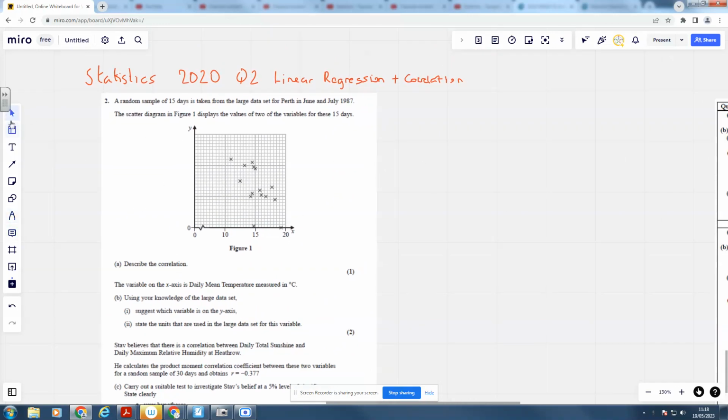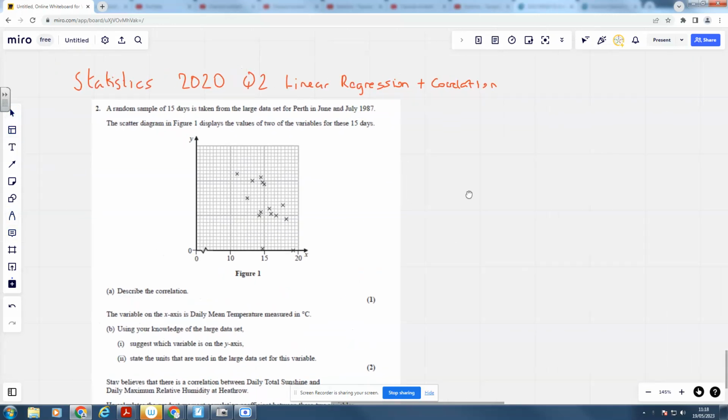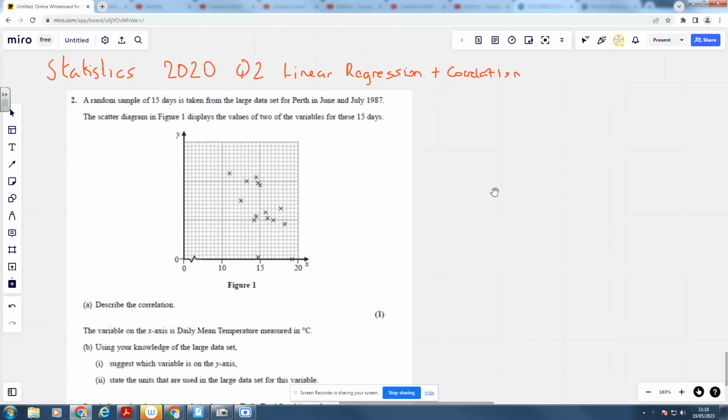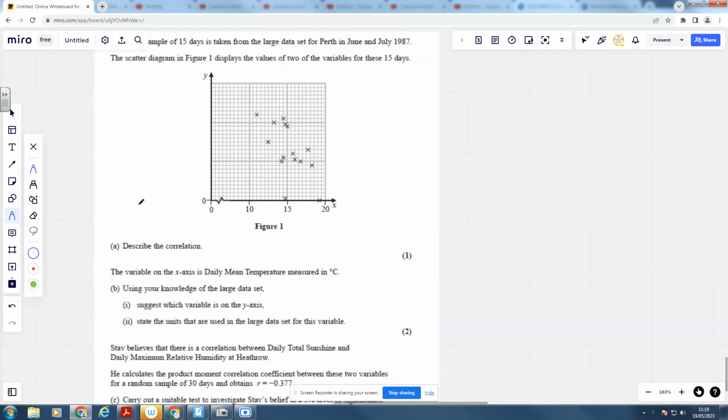Okay, so we've got a random sample of 15 days taken from the large data set for Perth in June and July 1987. The scatter diagram, figure 1, displays values of two variables for these 15 days. Describe the correlation. Well, it's negative correlation. That's pretty straightforward, and you can see that because it tends to be going down. And the variable on the x-axis is daily mean temperature. So this is daily mean temperature. Let's just put mean temp